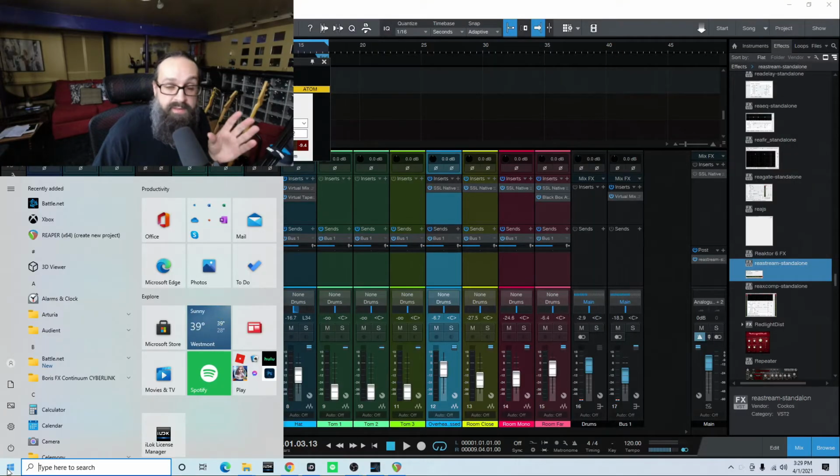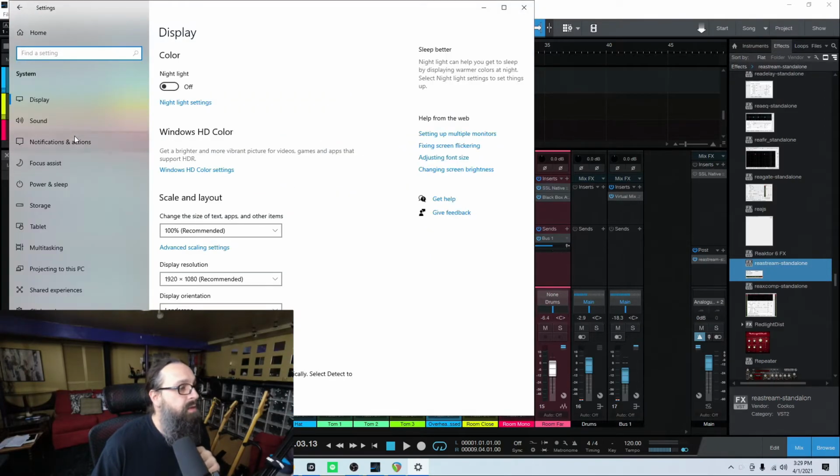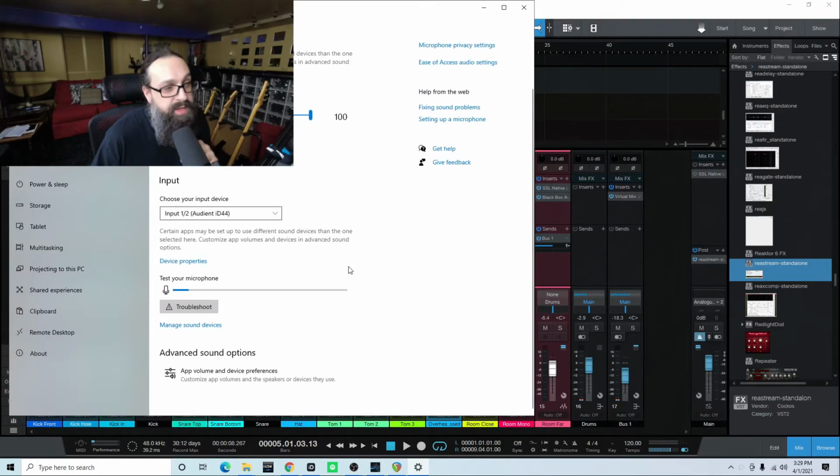All right, so I don't know if this happened to be coincidence or if I just changed something and I didn't realize it, but after the last Windows update that I accidentally did, the audio kept coming out of the left side of my speaker and I kept having weird things, like I would have stereo, then I would have half of it. I don't know, maybe I messed it up doing something else, but in case you run into that issue after you've set up OBS and you start hearing your mic coming out of your left side or any of your speakers, what you want to do is go into your settings, little settings wheel there, go here to system, go to sound, scroll all the way down, advanced sound options,